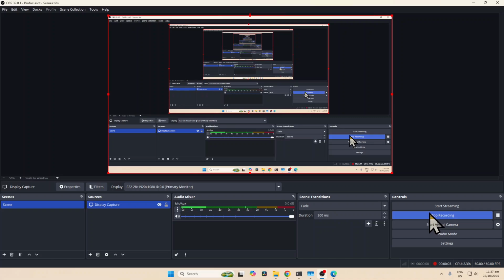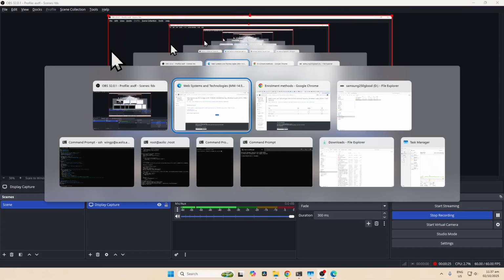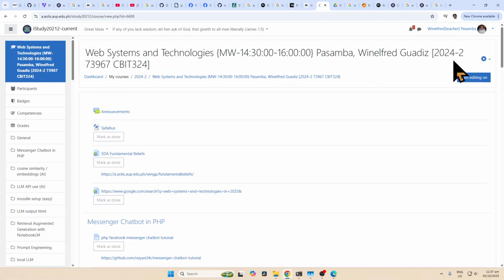This is how to make your class in iStudy or Moodle publicly accessible, even if they are not logged in, like to the public. If you want to share it with non-students or your co-workers. So, for example, this class, Web Systems and Technologies, all you have to do is go to the class and